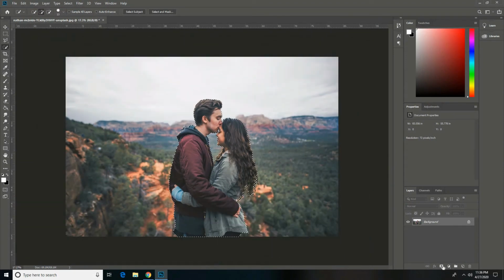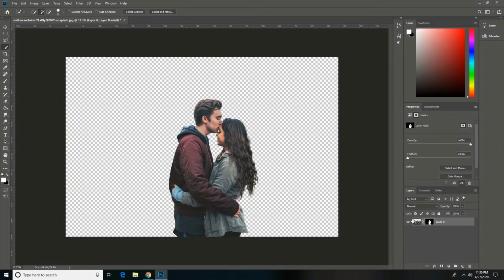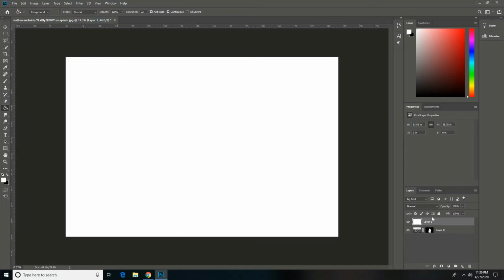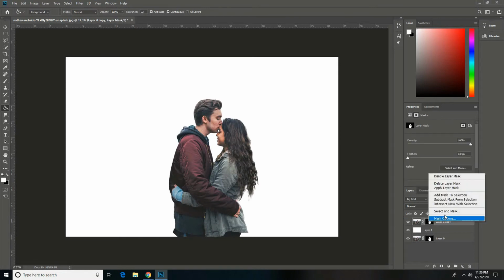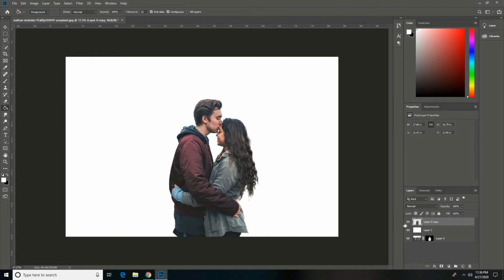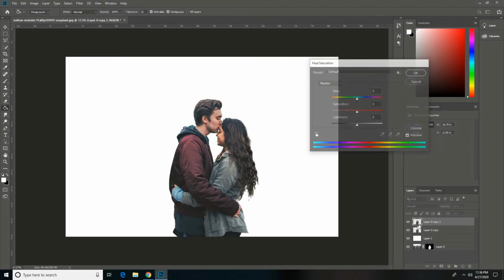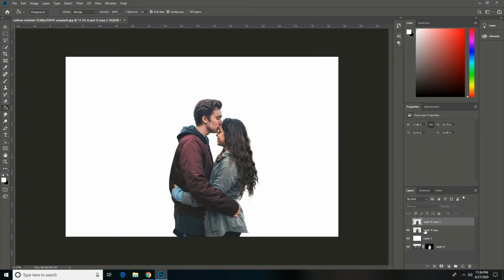After it, from here we'll click this and layer mask will apply. Now we'll create a new layer and make sure the foreground color is white and paint it with paint bucket tool. Now make a layer copy with Ctrl+J of this layer and put it above this. Now from here apply the layer mask and again create a copy and hide this one.